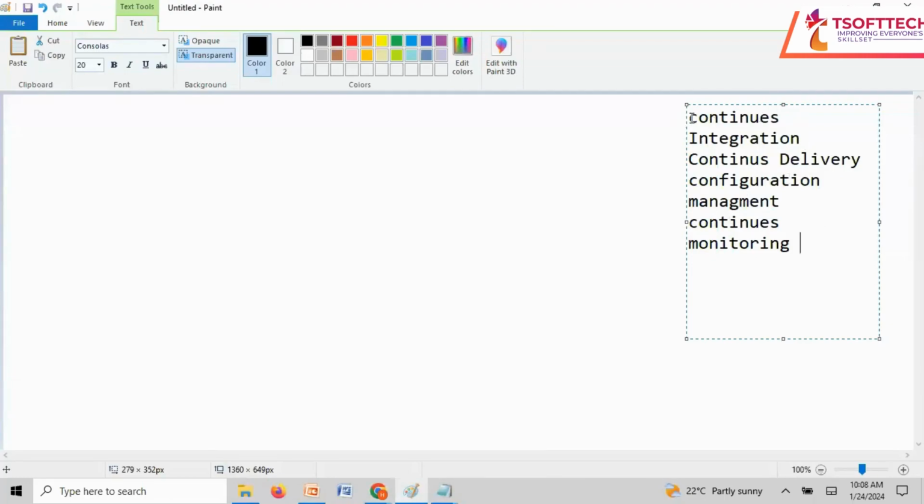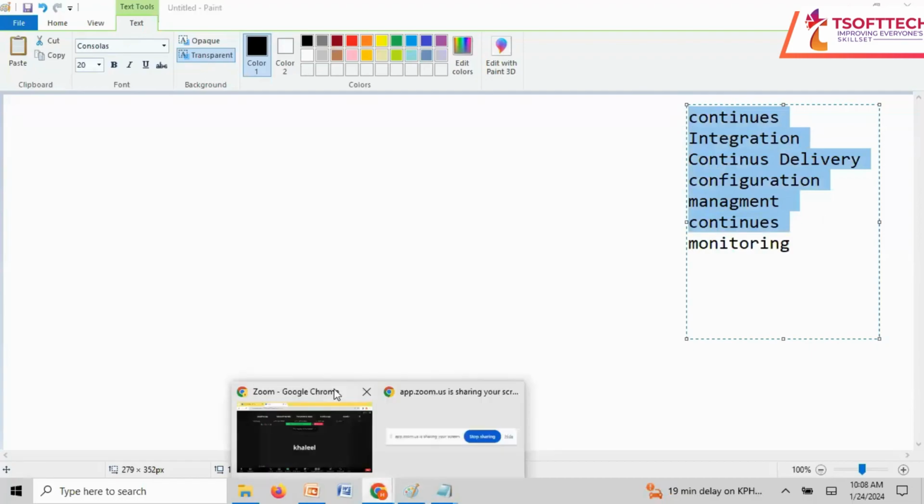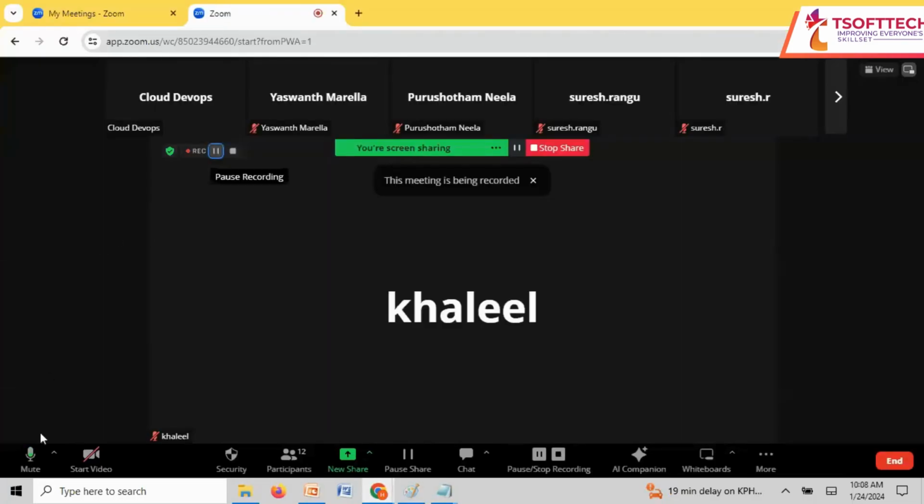First of all, we have to understand the meaning of continuous integration and the use case we are working on with continuous integration. Clear? So before understanding continuous integration, first of all we have to understand how a project works. Suppose whenever we get a project from